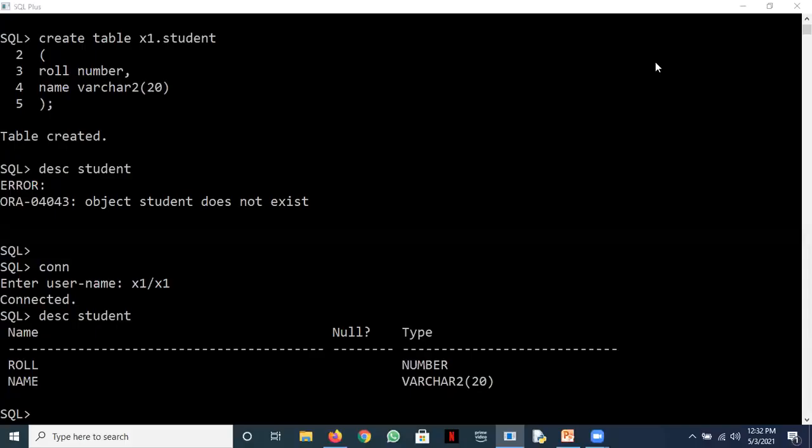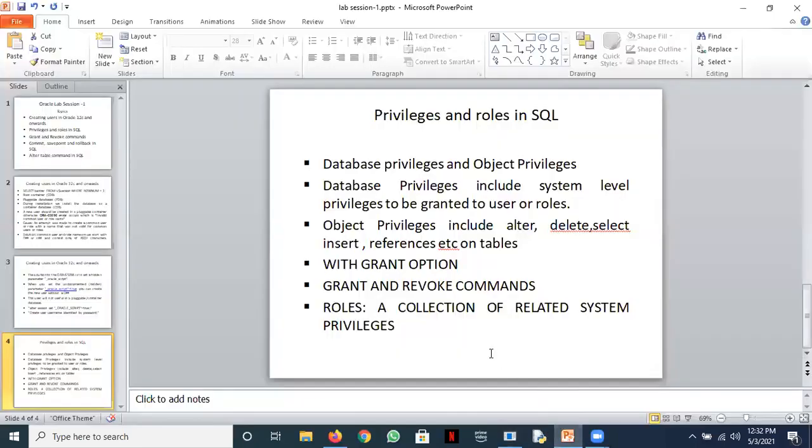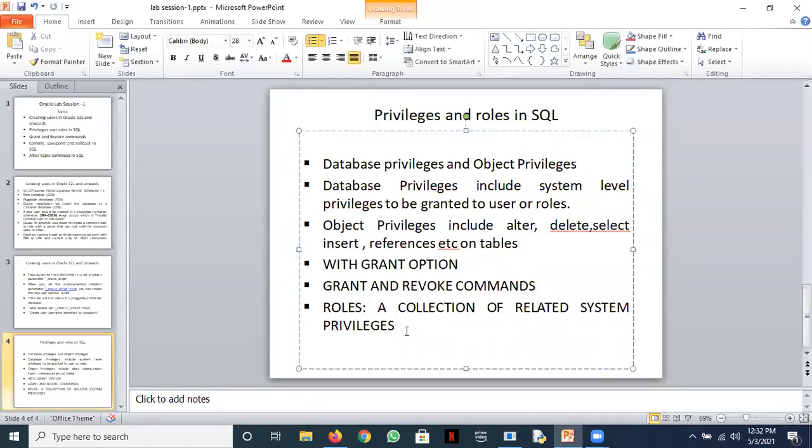Okay, so let's now work with the roles. A role is a collection of system privileges. So you've just seen the 3 roles, the standard system roles. You can create your own roles also if you wish. The 3 system roles are connect, resource, and DBA. You know the meanings for them.